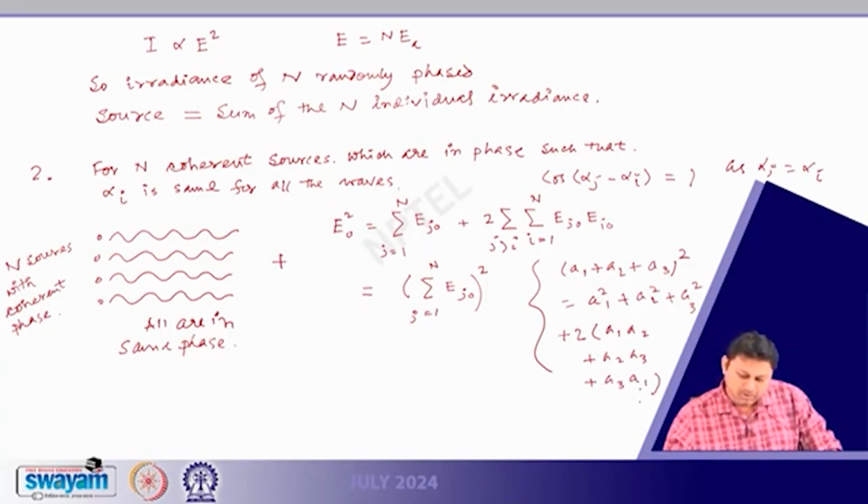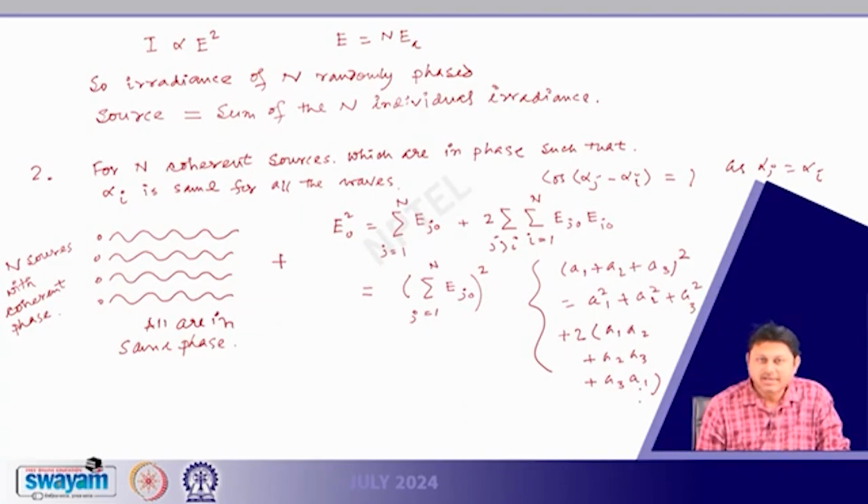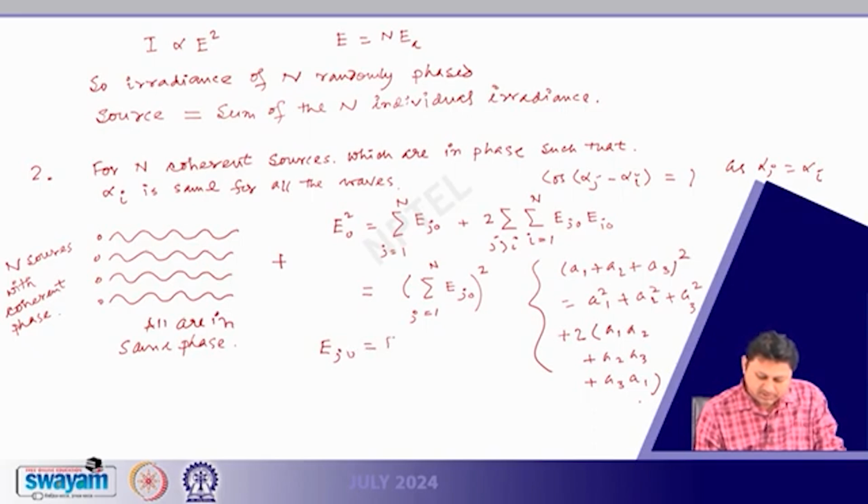That's all. This restriction, j greater than i and i going from 1 to n, will give us these combinations. So now all Ej's are the same, so Ej0 we mention is Ea,